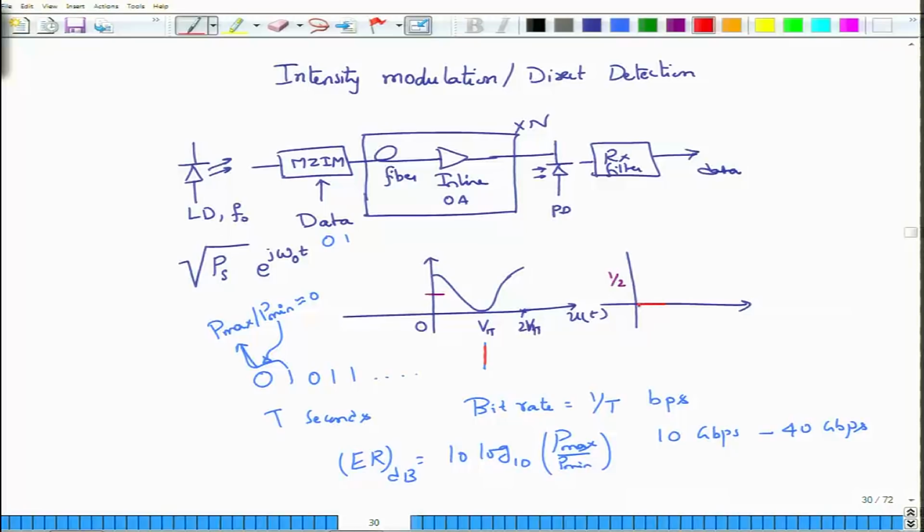In practice this will not be exactly 0, that is the output power will not be exactly 0. So the extinction ratio is not going to be infinite, but it will be less than some quantity, but still reasonably high, so that we do not really have to worry about this extinction ratio in most of our practical systems. Okay. Now when you want to transmit a bit 1, then what you do is you apply a voltage pulse, or u of t pulse, with a maximum value of V pi.